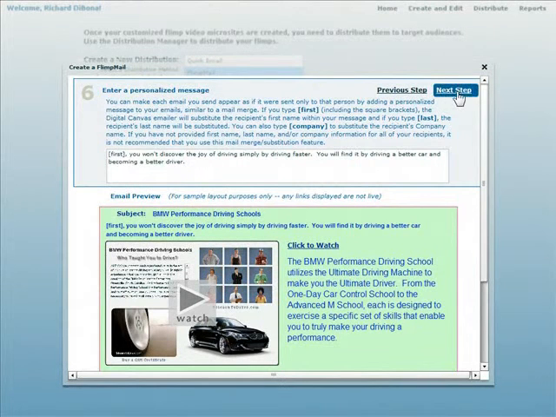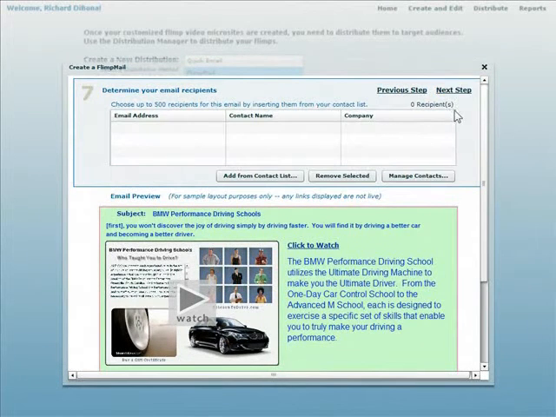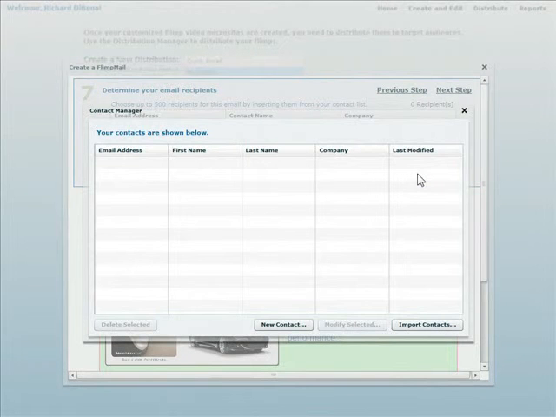The last step before sending is to determine who we want to receive our Flimp mail. We can import contact lists so we could send Flimps to them without having to remember email addresses. Let's do that quickly now. As you can see, I have no contacts on file in this account. If I click Import Contacts,